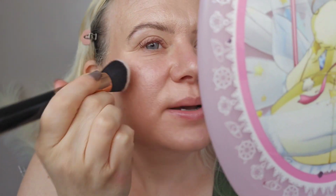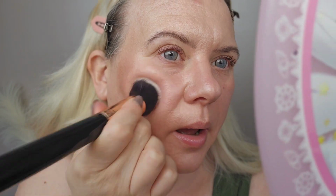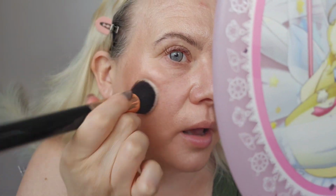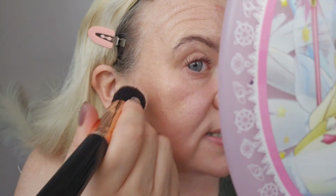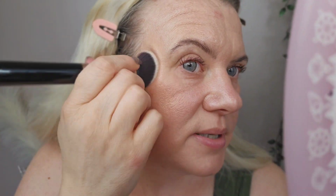Why are they calling this a bronzer? It isn't a bronzer. And it's nothing like the Pixie one. Do you know what I mean? That is a proper, like, a bronzer. That's like proper gold glitter. That is not my cup of tea whatsoever. I didn't think I was going to like this, to be fair. But yeah, I'm not really. Do you know what? This would be nice on the body if you're wanting it on like your...